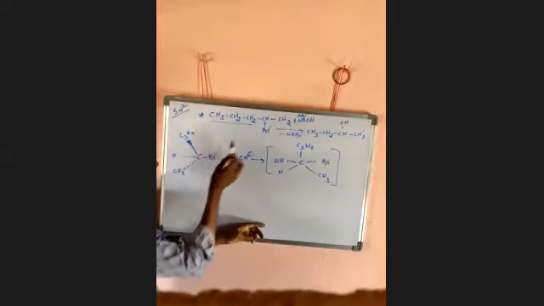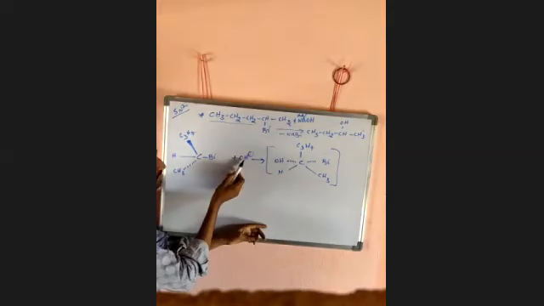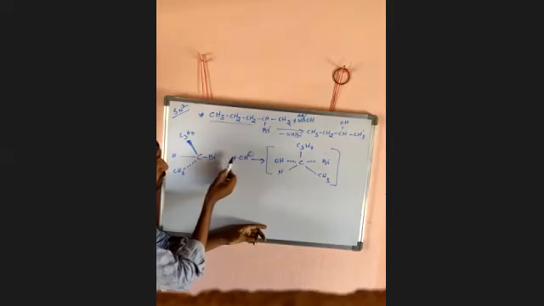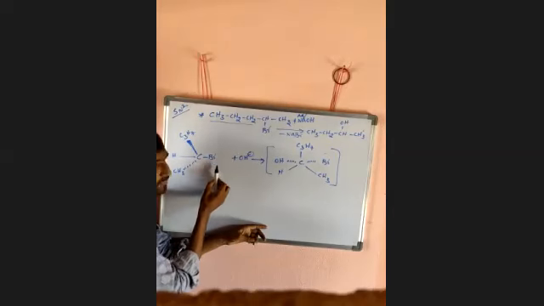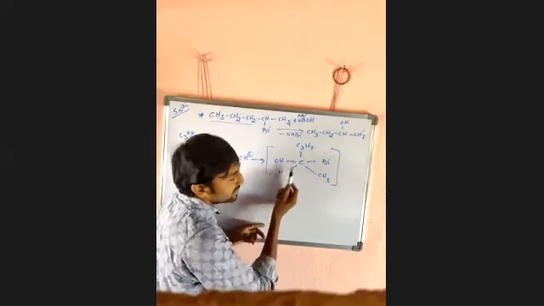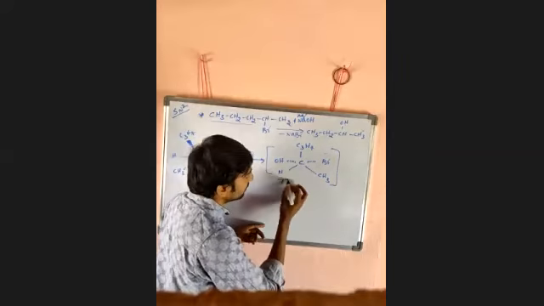So there it is 2-bromobutane. When the OH minus nucleophile attacks that 2-bromobutane, it attacks the carbon quite opposite to the halide ion. Then we will get a compound like this, where Br is ready to leave and OH is ready to attach. This state is called the transition state.